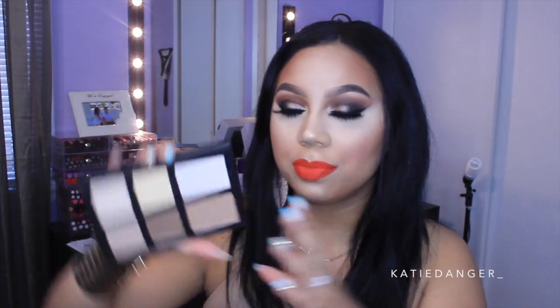So this is the Lorac Pro Contour Palette. Well, this isn't it. This is the box. Palette's coming. Palette's on its way. So this is the Lorac Pro Contour Palette. I actually went to Ulta specifically to buy this. This is just what the palette looks like on the inside. It looks pretty standard, like pretty much every other Lorac Pro palette,